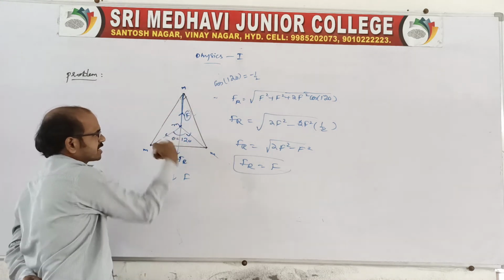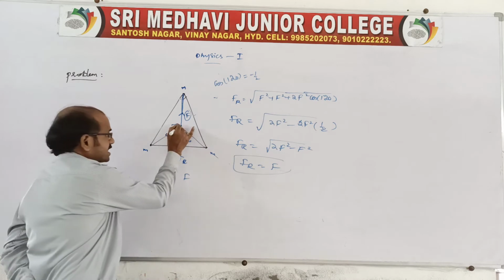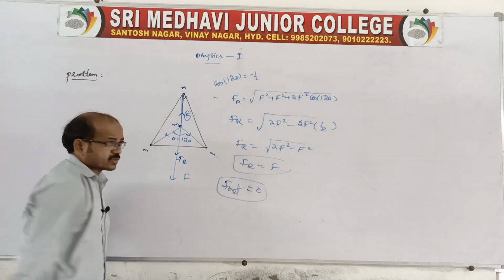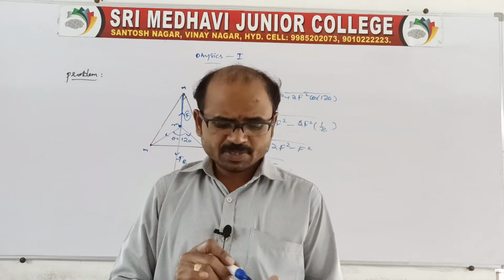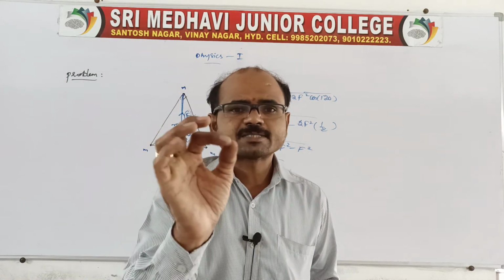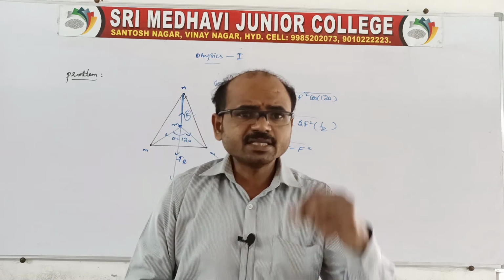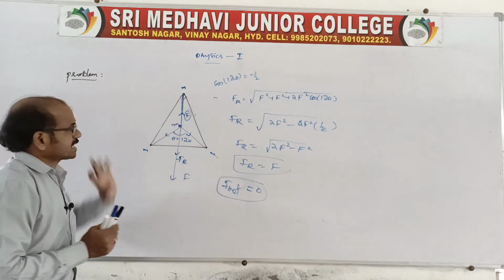Just now I told you equal and opposites are cancelled. So at the centroid the net force will be 0. If a fourth particle is placed at the centroid, and that is also identical, then that will be 0. Sir, if it is not identical,